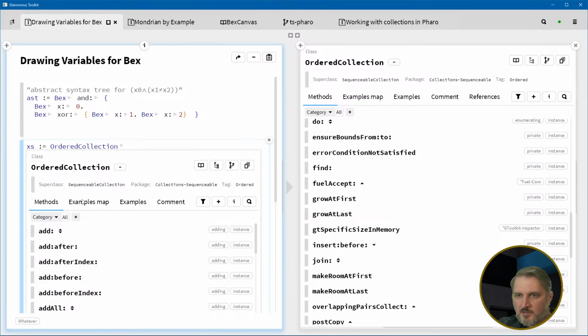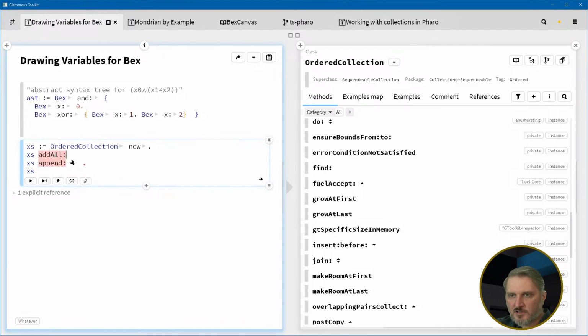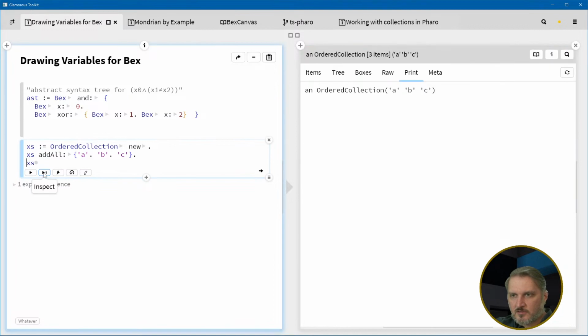Okay, so ordered collection new, x's add all. And what if we do this? ABC. Okay. So let's add all. x's add AST, right? And then x's add all